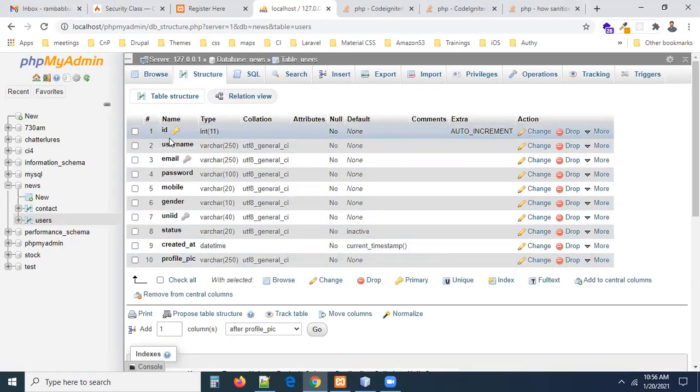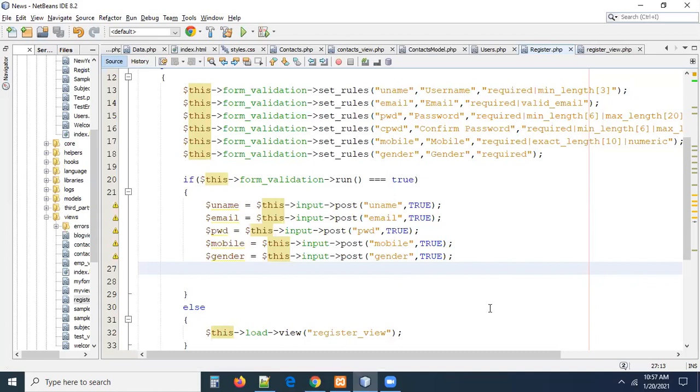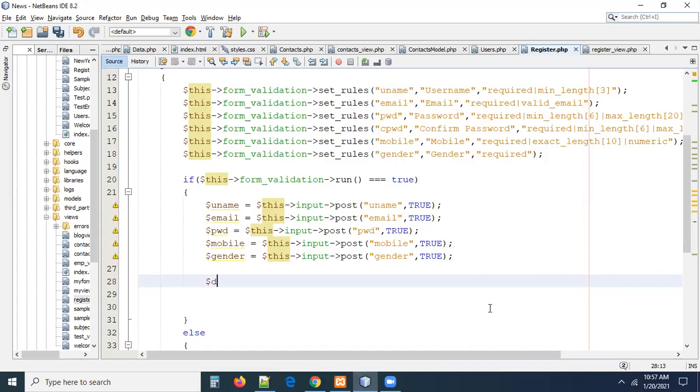Now, what is the data you are having in the form? Username, email, password, and mobile and gender only. Remaining all are not available, right? Status is defined, created date automatically done. Profile pic right now it is not available. ID is auto incremented. So what I want to do from my form, I have to generate a uni ID for you guys here. Let me create a uni ID, I have to write my own logic here. Or else you can take this as data equal to,